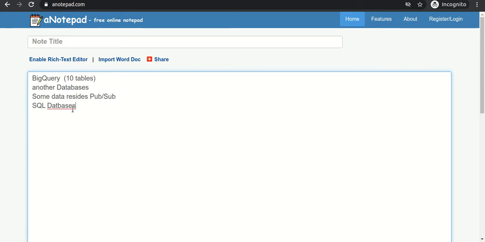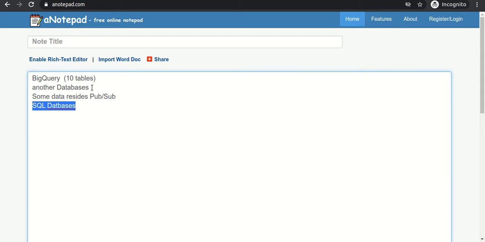But as soon as the data grows, let's suppose BigQuery now contains 1,000 tables, another database contains 1,000 tables, the SQL database also contains 1,000 tables, and at some stage you want to find some data and you forget whether we created that particular table in BigQuery or in the SQL database or in any other database.